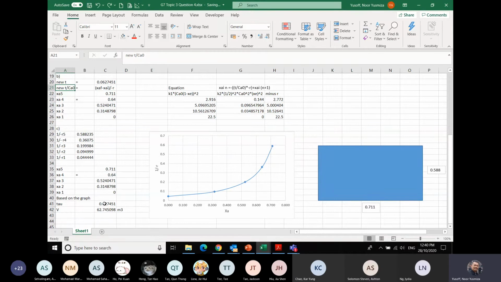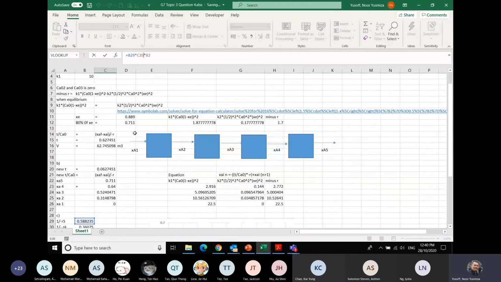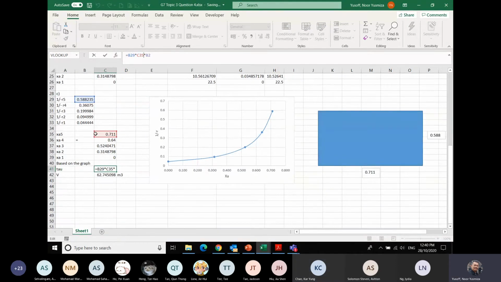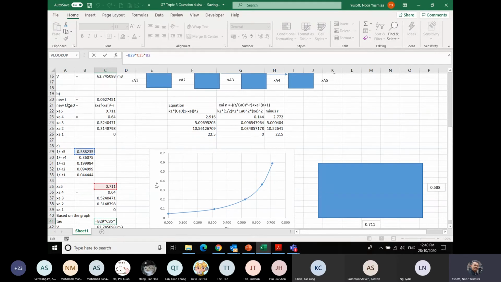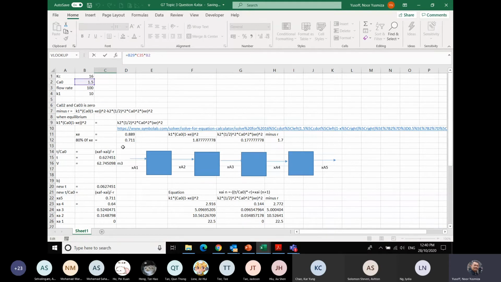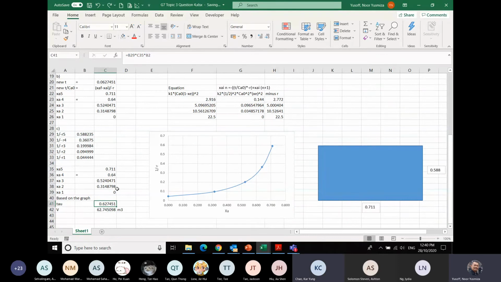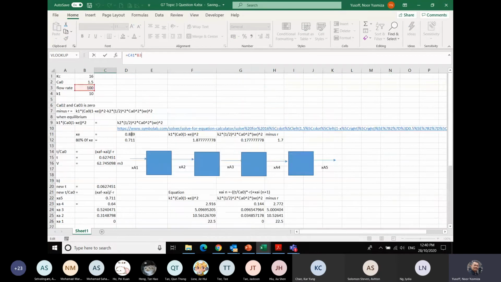And then you can calculate the tau, correct? So the tau is nothing but this multiplied by this multiplied by B2, CA naught. Okay, CA naught is B2. And then you multiply that by XAF. From the design equation, tau over CA naught, it's going to be XAF, because XAI is 0, so the denominator is basically 0.711. Multiply that by 1 over minus RA, which is 0.588, and then multiply that by CA naught, which is 1.5. And that's why you got the value to be 0.627. Okay. And then for the volume, you just need to multiply that by the volumetric flow rate, which is here,